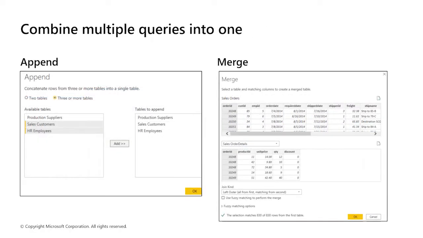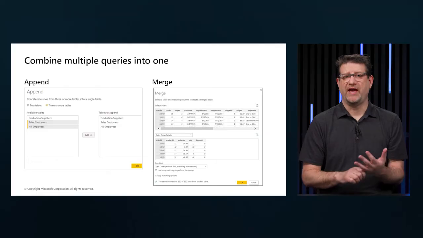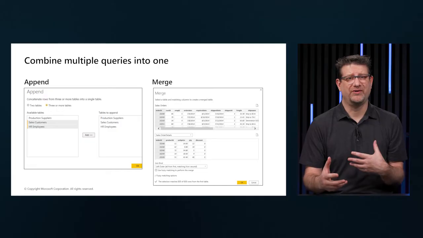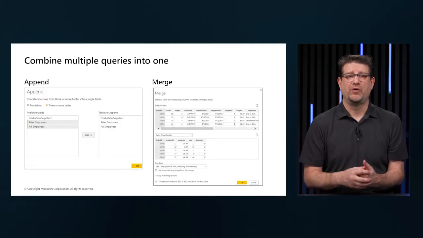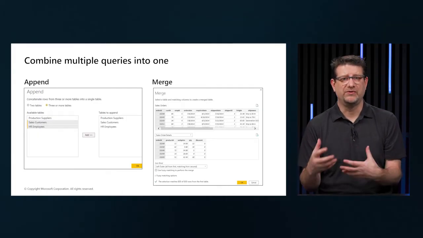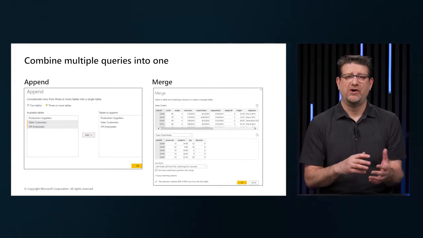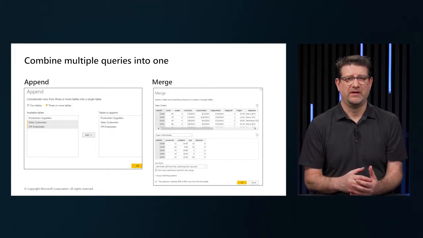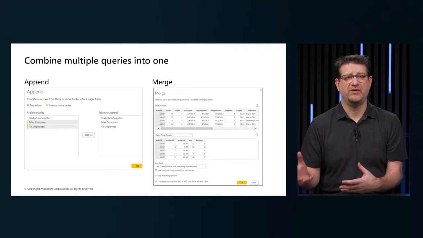The ability to combine queries is powerful because it allows us to append or merge different tables and queries together. Combining tables into a single table is beneficial in circumstances such as the following. If we have too many tables that exist, and it's going to overly complicate our data model and make it difficult to navigate and work with. Or if we have similar tables that have similar roles. If a table has only one or two columns, we may want to add that to another table, or if we use several columns from different tables in a custom column. We can combine the tables in two different ways by merging or appending.